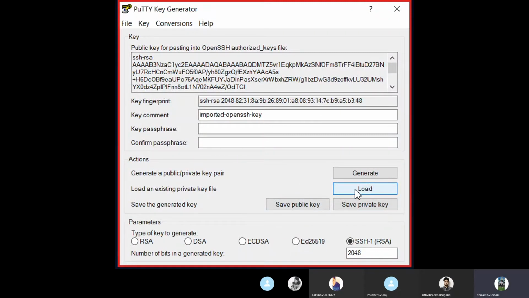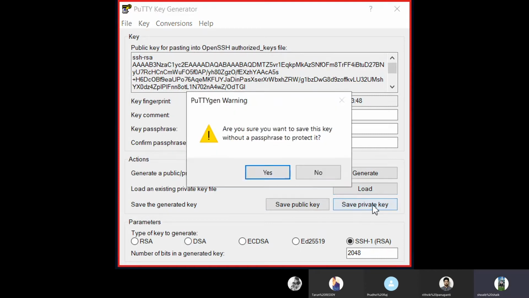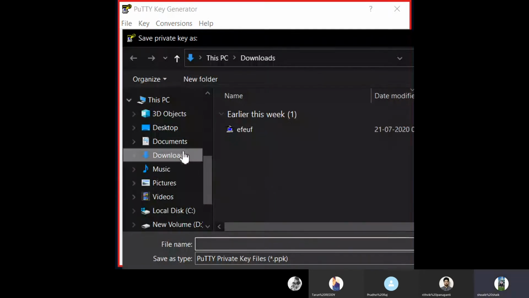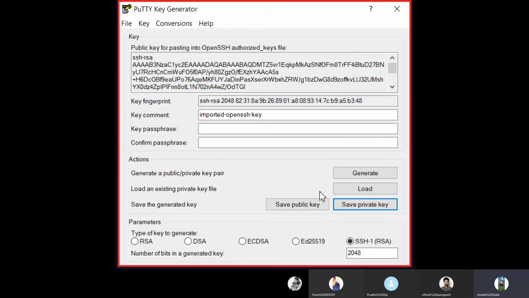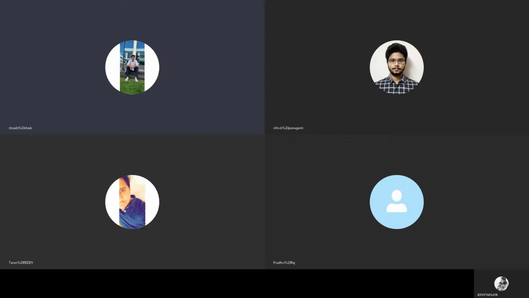Then after finishing this load, just click save private key. Click on yes and choose a path and choose a name. I'm storing it as Linux. Save. So yeah, close it.